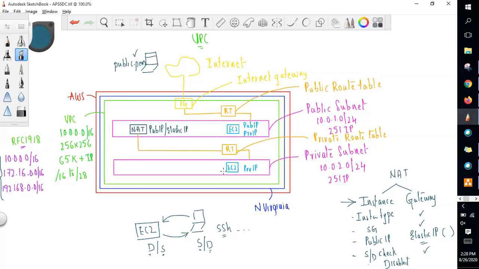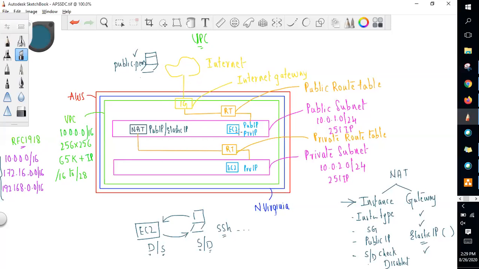But this EC2 instance's PEM file is not in this EC2 instance. Instead, it is in my local PC. Let me repeat it. If I want to connect from my local PC to this EC2 instance, I need the public IP address as well as the public instance's PEM file. I have it, so I will connect from here to here.